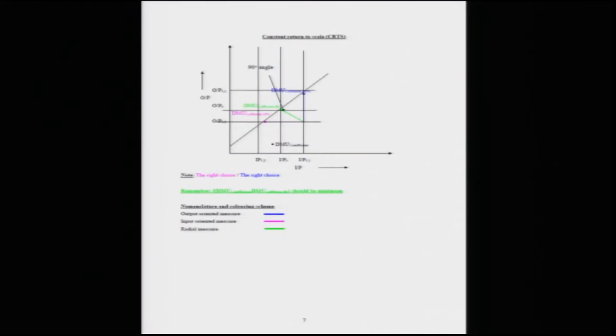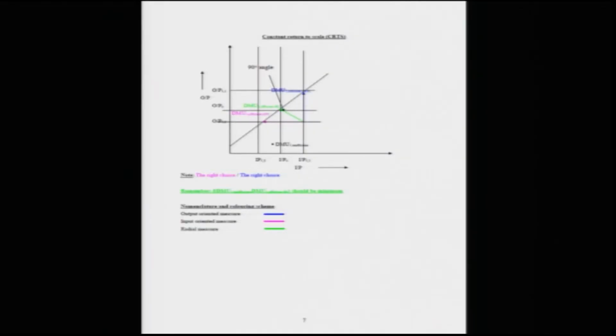So, in this case, if you have a DMU which is inefficient, the DMU can go either vertically up, or horizontally onto the left or right, depending on which type of diagram you are looking at, that means output on the y axis or input on the y axis. You can go horizontally onto the left or onto the right, or you can go either vertically up or vertically down, depending on how you want to reach the efficient frontier. So, obviously in this case you will concentrate on either the input or the output to maintain your same efficiency.